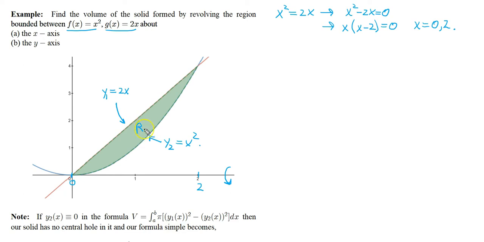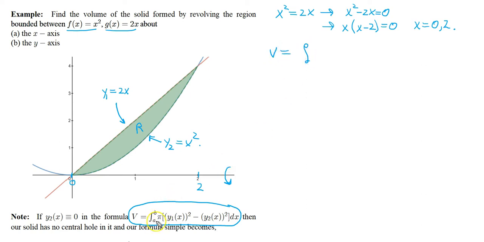Now we have to determine which curve is the upper and the lower. Well, we already sort of did that by graphing these two functions. We see that 2x is above, or larger than, x squared for x between 0 and 2. So what we can do now is just directly apply this formula down here. This is our volume formula right here for rotation around the x-axis. So we can just directly apply this now, and we could write,